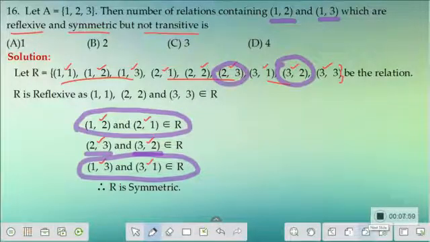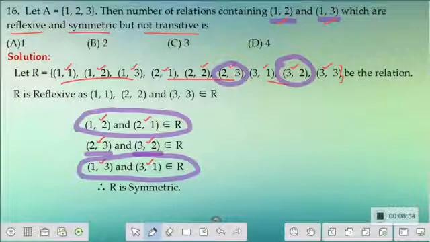I hope you are able to understand what we are doing here. We have a set and we need to find the number of relations that can be formed having the elements 1, 2 and 1, 3. These are very important, it should contain these two elements, and you can even have some other elements also in the relation, and that relation should be reflexive, symmetric and not transitive. So we assume that all the elements are there in the relation, and we check whether these conditions are satisfied.